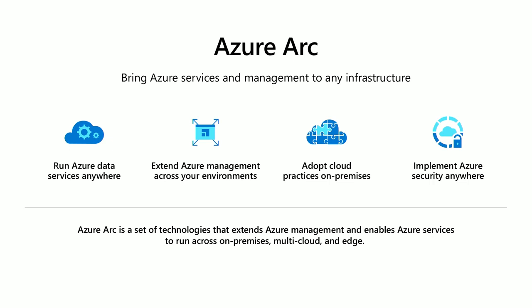The third one is around adopting cloud practices on premises. So if you're using Kubernetes or you're using virtual machines, you can put the governance you need in place and the policies while your developers can innovate. So we balance speed with control so you can get that agility and get control, again, on your infrastructure. And the last one is really about implementing security everywhere. So whether it's RBAC policies or Azure Threat Protection, we want to make sure that your resources are secured with the best innovation. And again, this is any infrastructure, as well as multi-cloud.